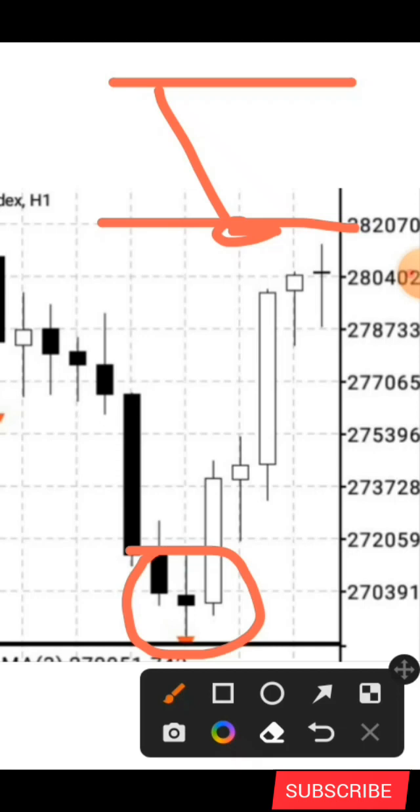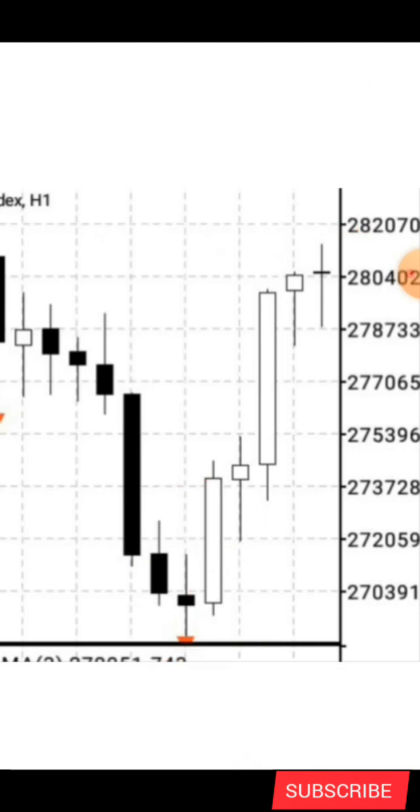You don't just enter based on this candlestick pattern. You wait for a bullish candlestick like this to appear. Just wait for the next candlestick. If it's bullish, which in my case, since I'm using a black and white background,